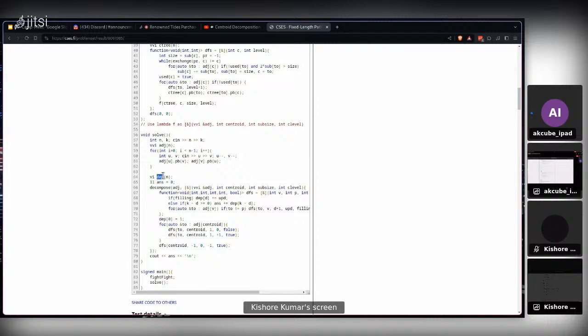Does that kind of make sense? If it doesn't make sense right now, take your time, but definitely appreciate this code and take some time to go through it. This is by far one of the best ways to implement centroid decomposition. I don't think you can come up with anything better than this. It's a very, very nice way to implement. Everything is concise and kept in a single space, and the whole centroid portion of it is kind of abstracted from you. That said, I will get back to,